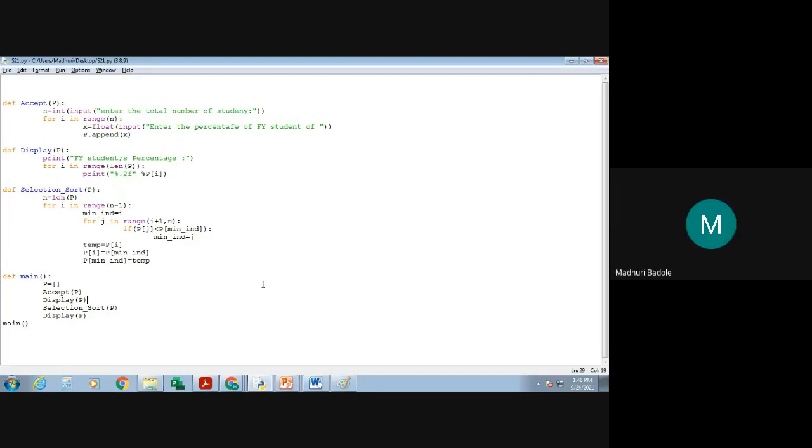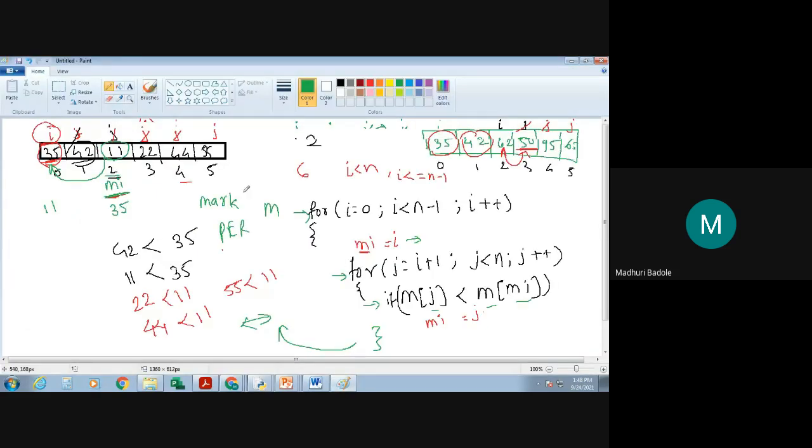Yes, ma'am. Clear? Now, can anyone tell me? In our example, a case has occurred where suppose I am getting the ith index over here itself, I'll be telling you the logic. If I am at the ith index over here and starting the jth index from the next one, we know that 22 is nothing but the minimum element in this particular array. So the minimum index will be over here. So is there any need to do the swapping in this case?